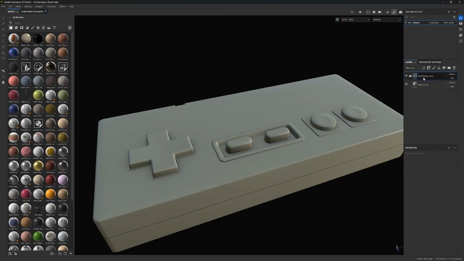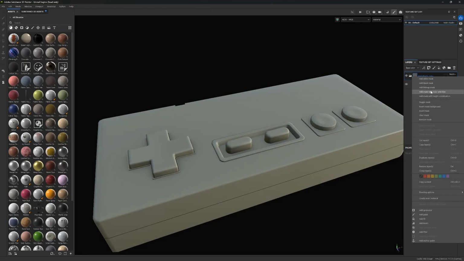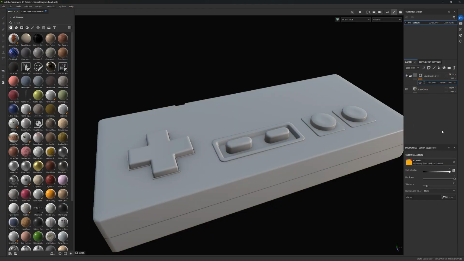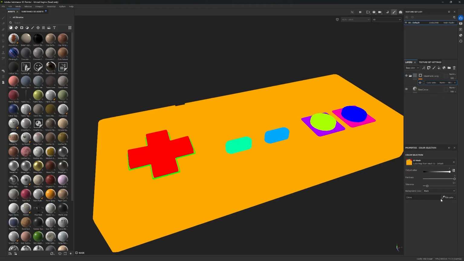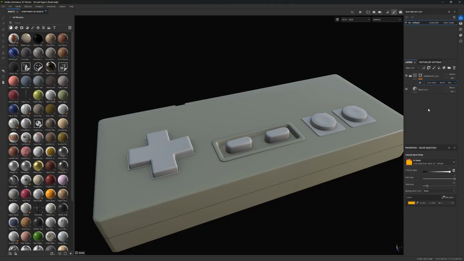No, we can do it this way. Mask with colour selection. Then we can choose the colour. We're going to choose orange. And we want to also deselect some parts of the model here, unless